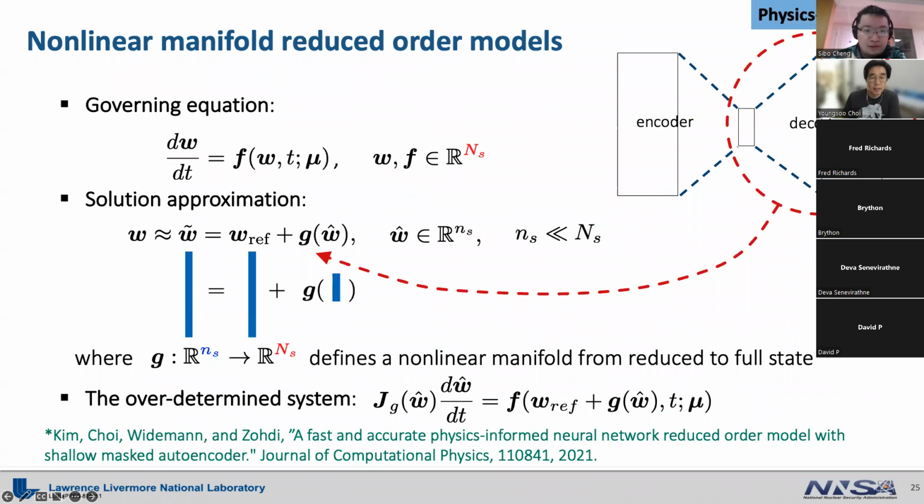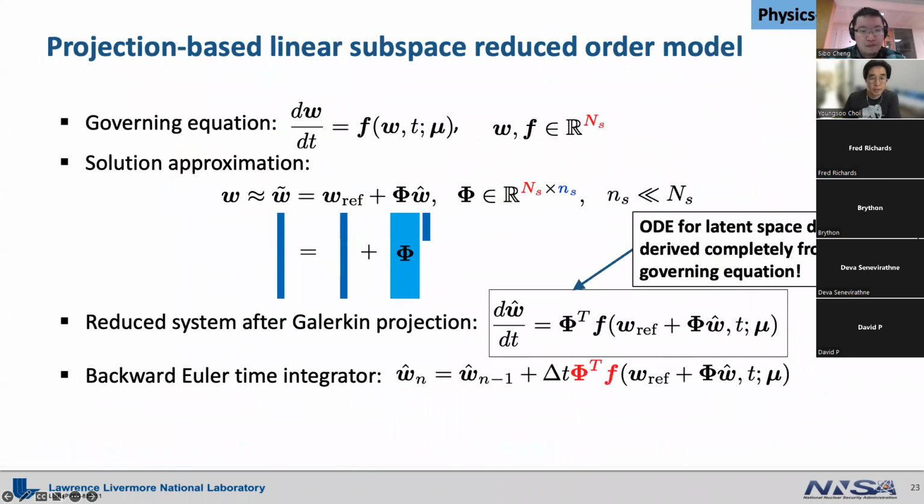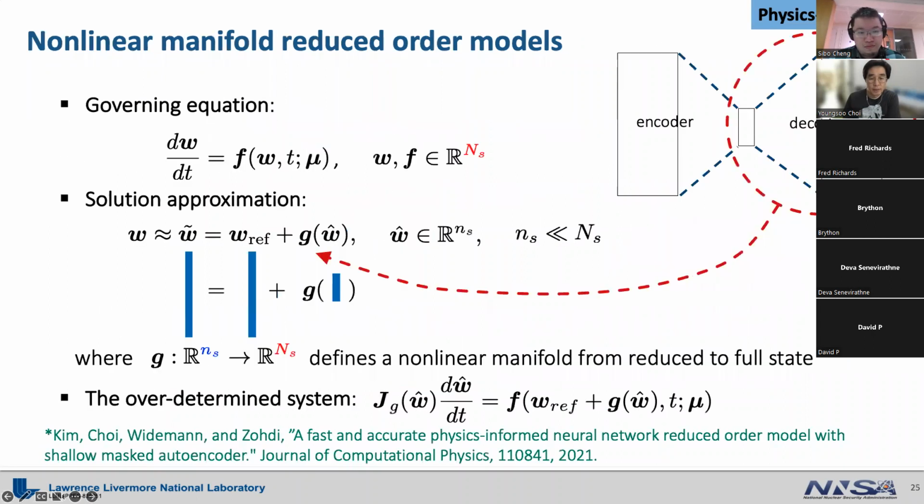Well, I went through this slide pretty quickly, but initially, yes, you're right that we represent the solution as a linear combination, so we use the linear subspace. However, here we replace those solution representations with a nonlinear manifold, which is represented by the decoder of an autoencoder, which is designed by a neural network. And we plug this nonlinear manifold form back into the governing equations. So this is physics constrained.